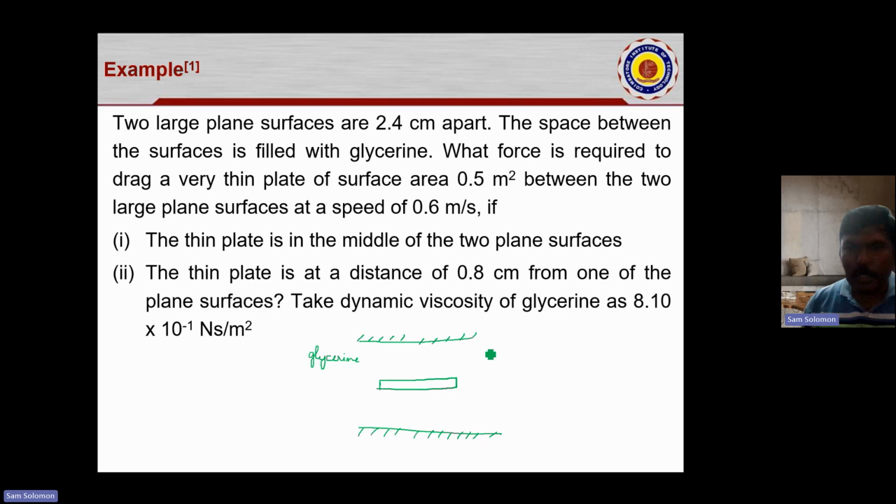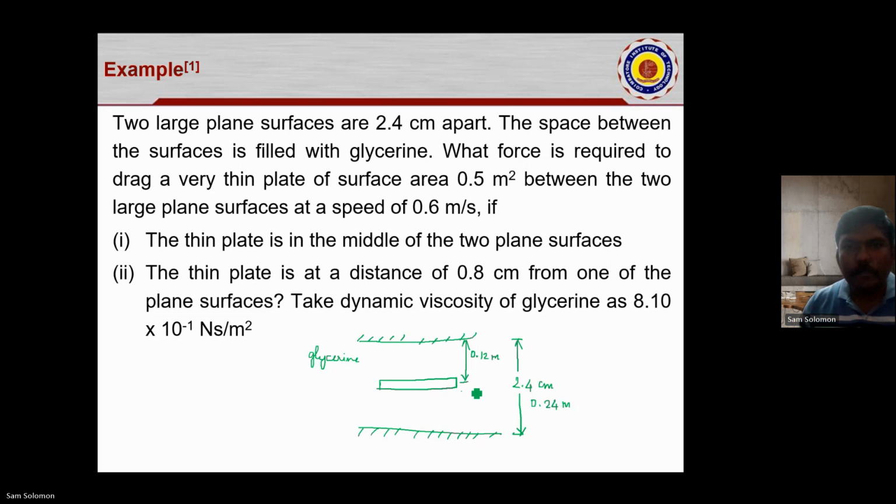So they initially said that these two are 2.4 centimeter apart, or 0.24 meters apart. So this plate over here, this is 0.12 meter apart,